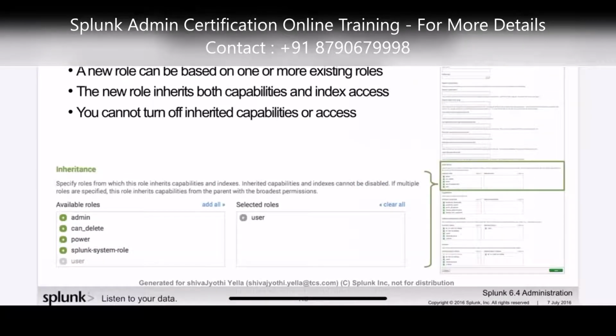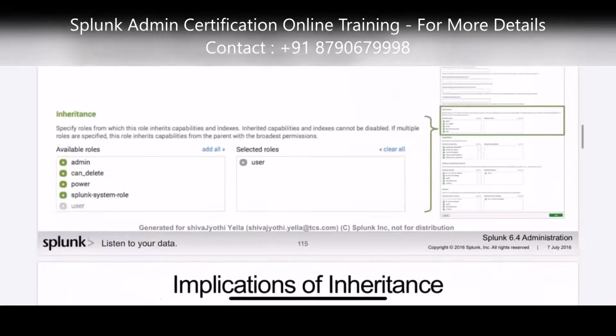Inheritance provides a way to add a role into a new role, and it will show all the available roles here. You can add one or more roles, n number of roles, but if you don't want to add any inheritance, you need not give anything. You can keep it blank.